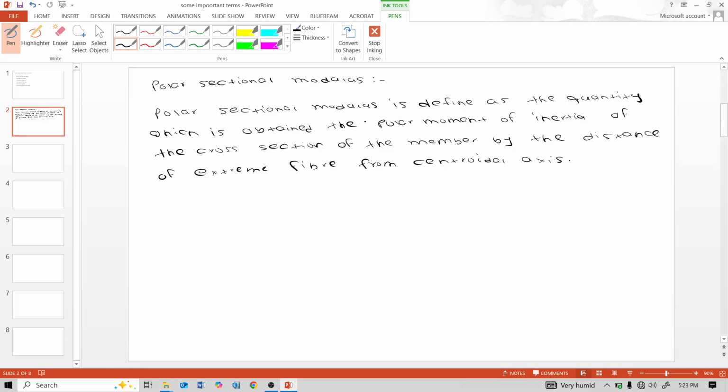Sorry for handwriting because of this new pen tab. So see first term, polar sectional modulus. Polar sectional modulus is defined as the quantity which is obtained by dividing the polar moment of inertia of the cross section of the member by the distance of extreme fiber from centroidal axis, and this is denoted as Zp